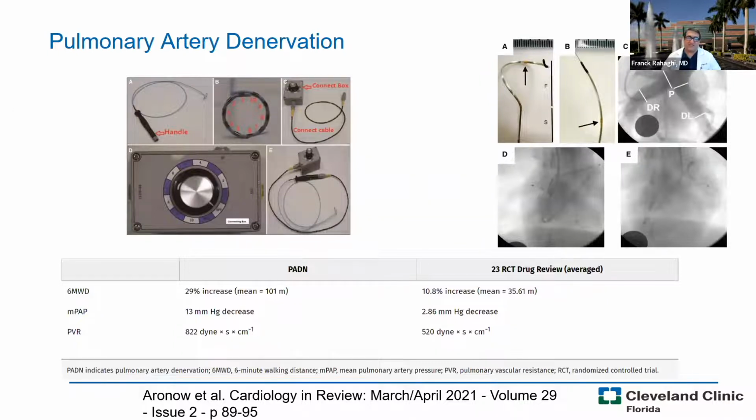Pulmonary artery denervation: it turns out that your sympathetic nervous system tends to constrict your arteries unreasonably in patients with pulmonary hypertension, and burning it helps. And so when they do this, the pulmonary pressures go down, the pulmonary vascular resistance goes down, and the 6-minute walk test actually goes up. And this is why not? This is a one-time deal, and I'm surprised that it hasn't caught on in other places, but maybe because it's different in different people's hands, and it needs to be maybe a little bit more